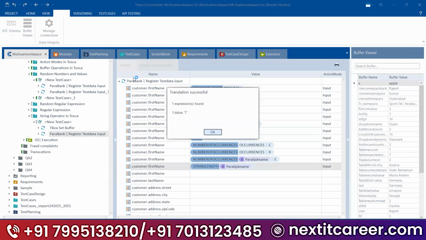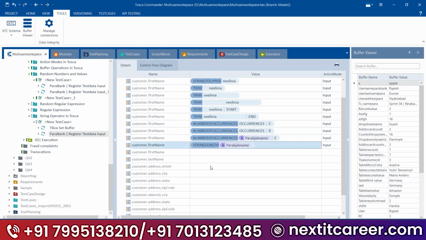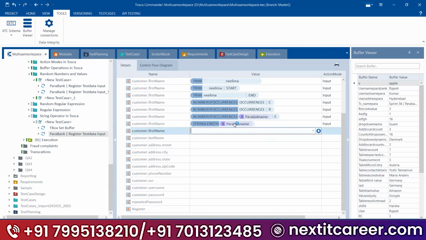Okay, the string length is 7. See guys, you can validate this also. I will tell you how to validate this in the upcoming classes, whether 7 is correct or not. Then you will slowly understand.